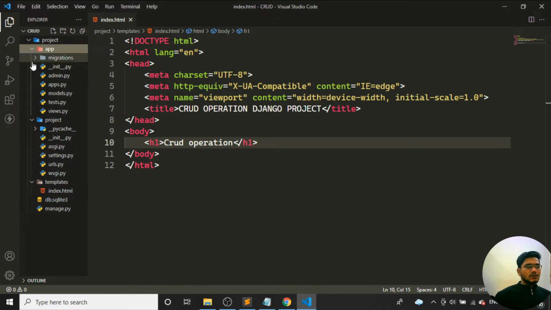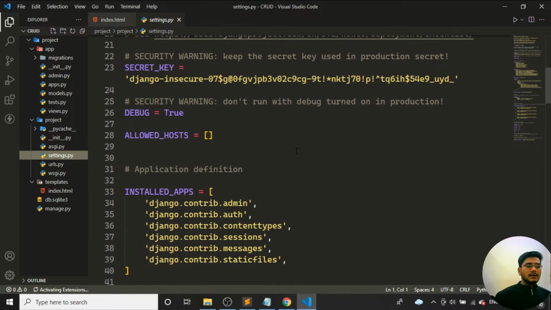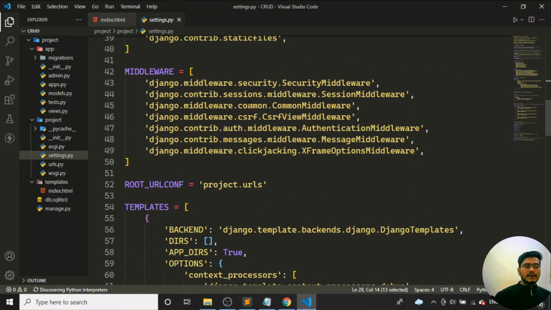So here I'll say what all the use of these files are. URLs is used to provide the routing. Settings is the father of your Django project. Any application you are installing, you need to inform your settings.py file. Any directory you are making, you need to inform your settings.py file. Any static directory or media directory, anything of your choice, you need to inform to this settings.py file. Handling the passwords, handling the routing, debugging, almost all the things will be passing from here itself.